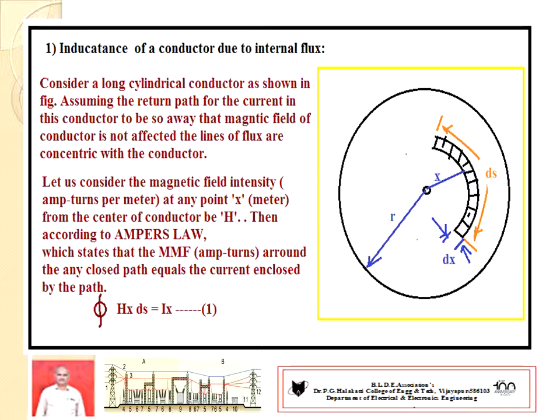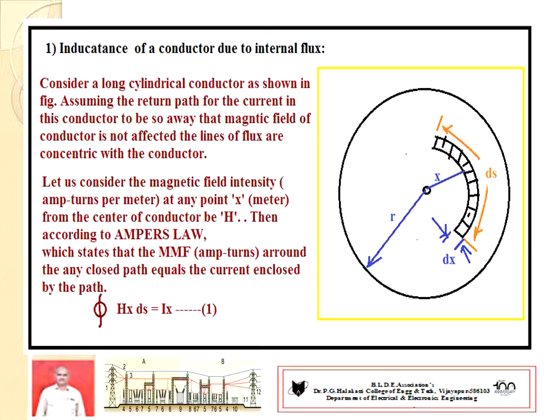A concentric distribution of flux is considered at a distance of x from the origin. dx is the strip we have to consider. The flux distribution is concentric. One important thing I told here is that we have to consider only internal flux. The return path conductor exists, but it is considered far away from this conductor. Hence its effect is not taken here. That is, the effect of external flux is completely absent here.